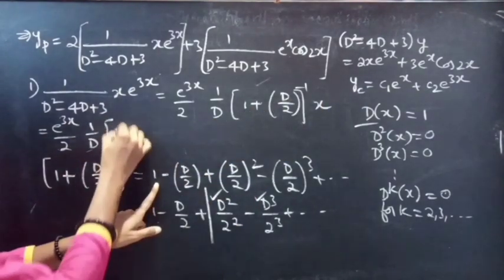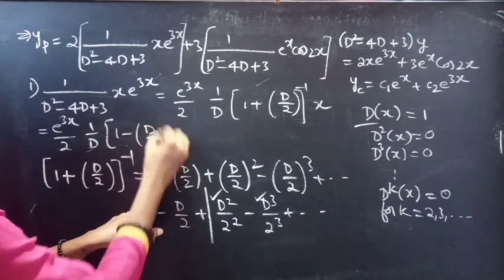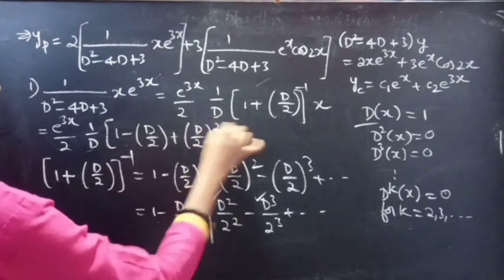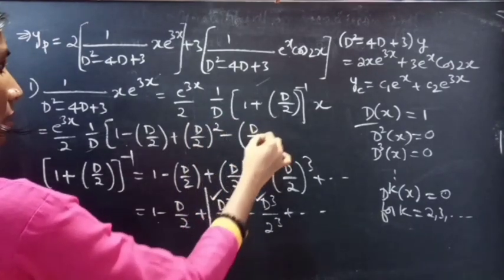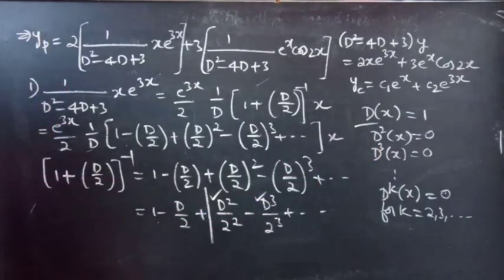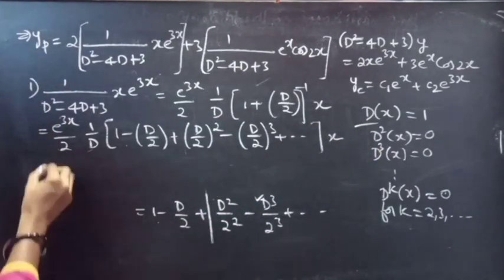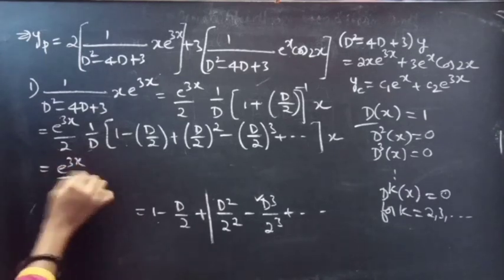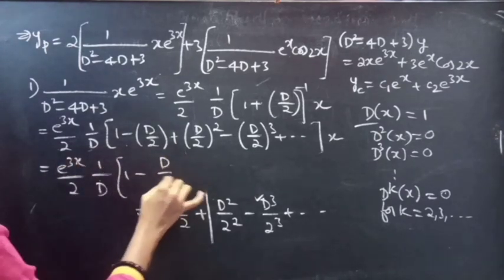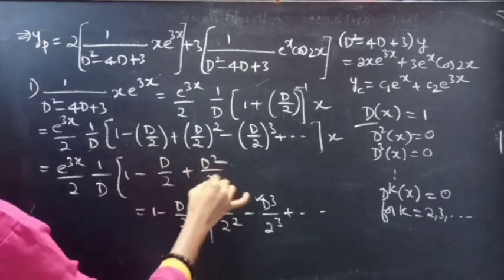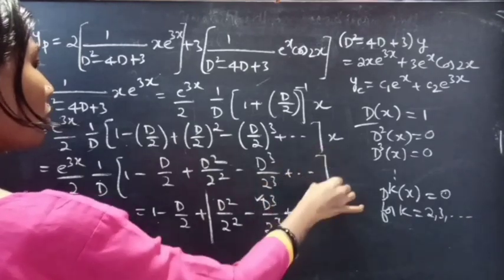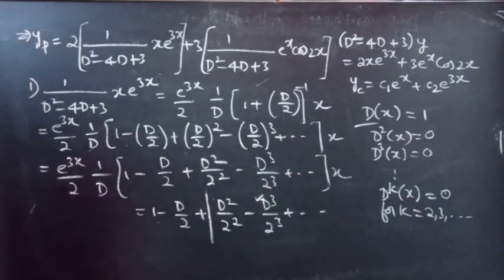The expansion is 1 minus d by 2 plus d by 2 whole square minus d by 2 whole cube plus so on, into x, which is equal to e power 3x by 2 into 1 by d into 1 minus d by 2 plus d square by 2 square minus d cube by 2 cube plus so on, into x,